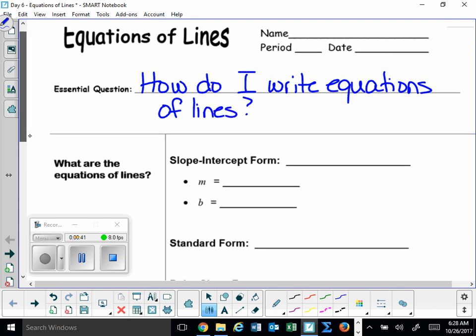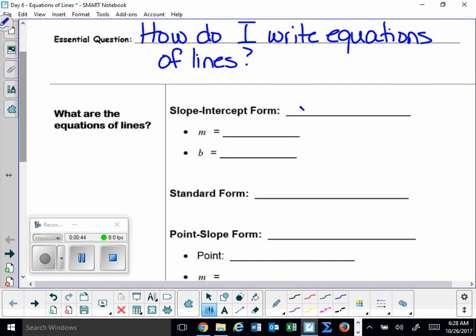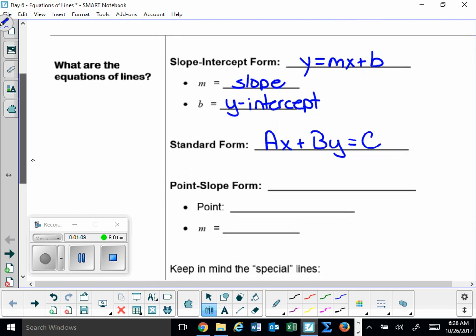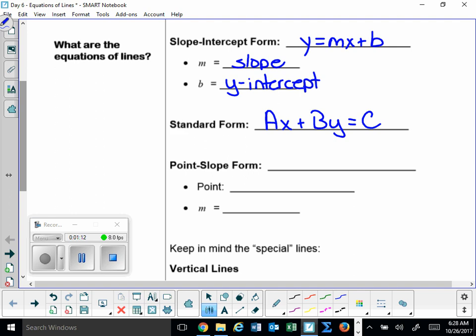All right, so we're going to start off with your friend slope-intercept form. Y equals mx plus b, where m represents your slope and b represents the y-intercept. We have standard form, capital A lowercase x plus capital B lowercase y equals capital C. Standard form looks pretty. It's useful if you're trying to find the x and the y-intercept. Remember, with standard form, you cannot have any decimals or any fractions, and we prefer for the a value to